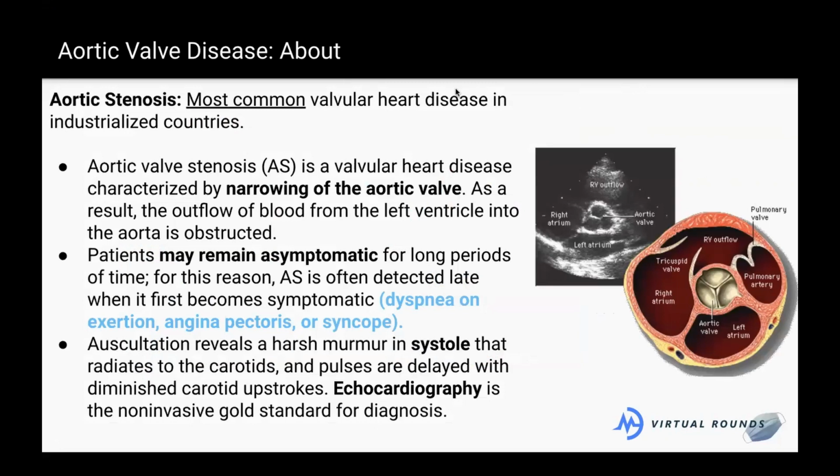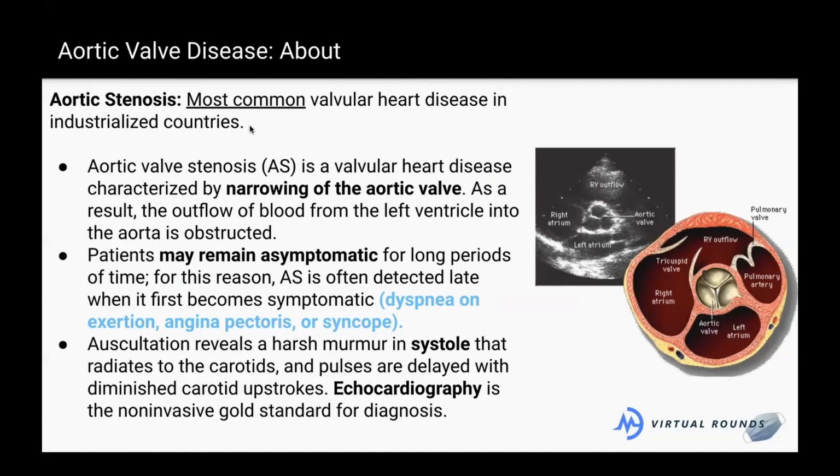So now we're going to talk about aortic stenosis. Here we can see an aortic valve. This is an echocardiogram. We call this the Mercedes-Benz sign when you can see the stenotic valve, because it looks like a little Mercedes-Benz. It's not supposed to be this light and bright. That usually means it's calcified, usually just from age. We call that senile aortic stenosis. If you can see it like that, that's usually not a good sign.